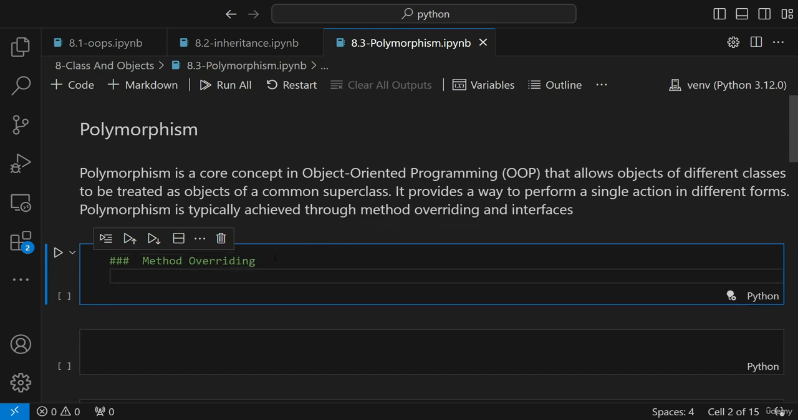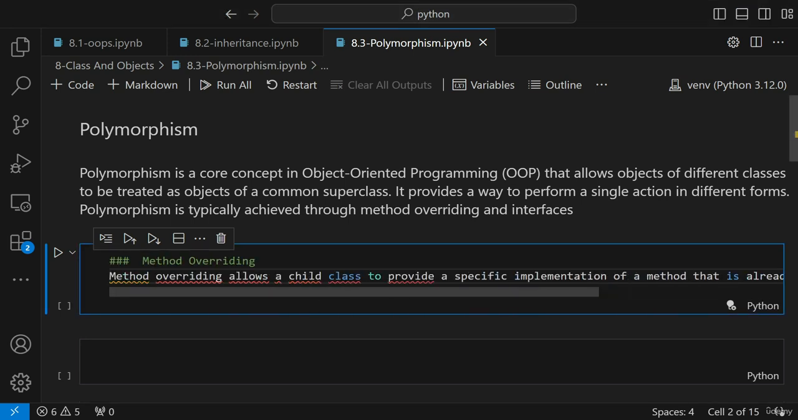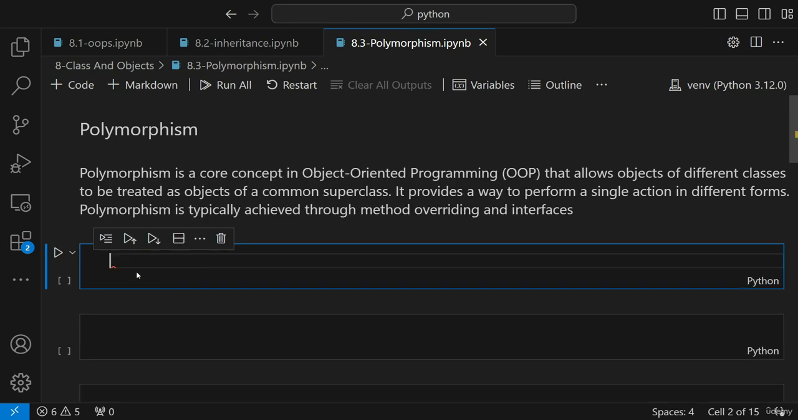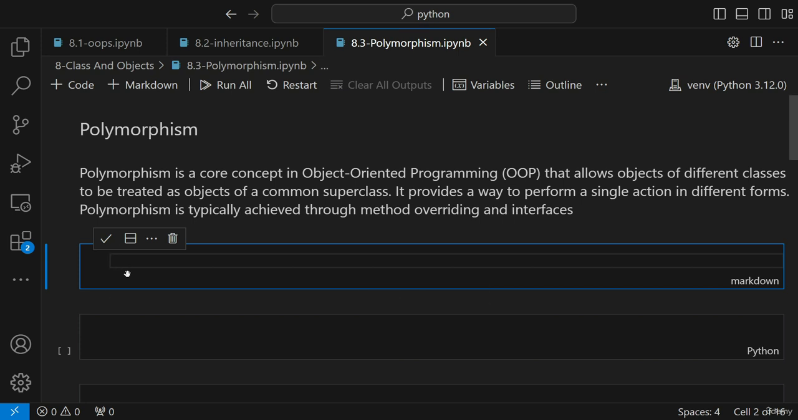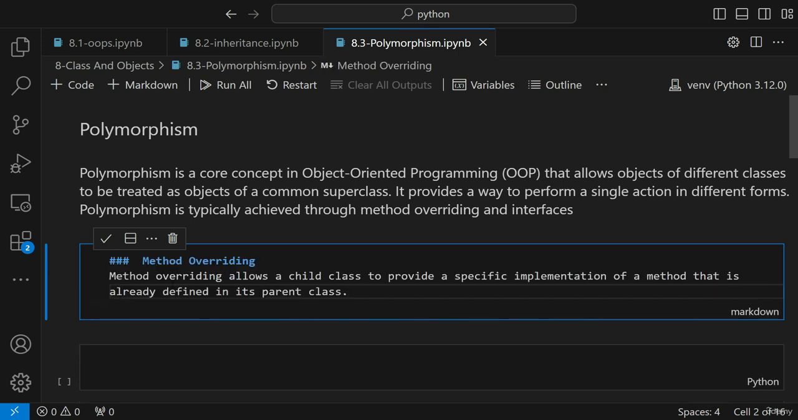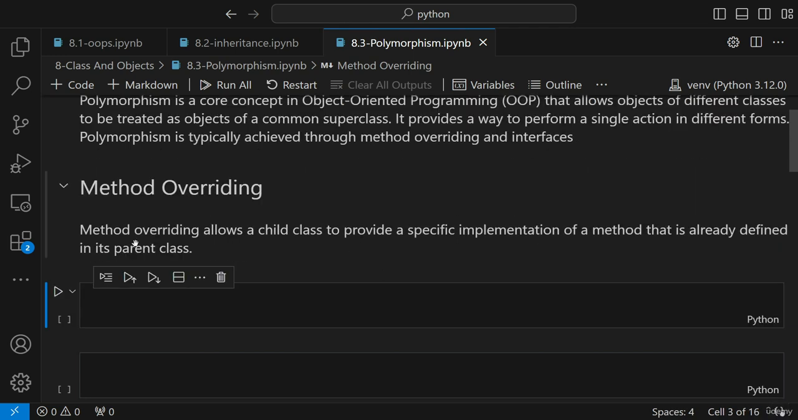Now, what does method overriding allow a child class? So here I'm just going to remove this comment completely, and let me add a markdown over here. So here you can see, let me go ahead and execute this. Method overriding allows a child class to provide a specific implementation of a method that is already defined in the